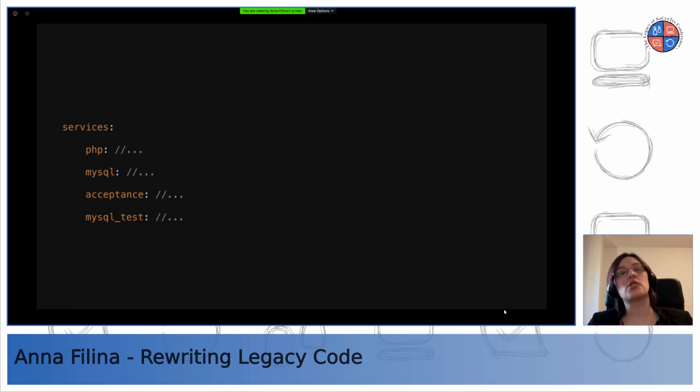The MySQL version that's running, and acceptance for your acceptance tests. I separate them from the actual PHP container because if I want to run Behat, I don't want to be forced to run it on PHP 5.3, which might not even work. I want to be able to use the latest and shiniest, because acceptance tests are just going to call the other container via HTTP request.